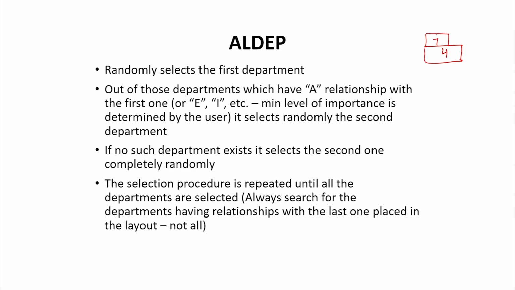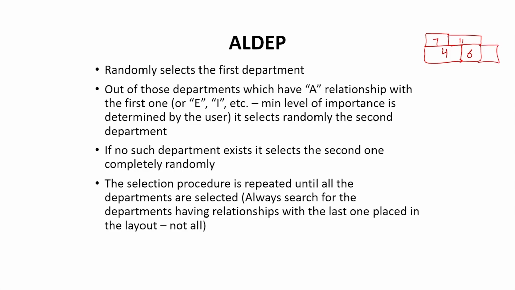And if no such department exists which has an A, I or E relationship, we can select any department at random and put it close to 4. Then we repeat the same step: we find any department having an E or I relationship with 7. Let us say we find department 11 which has a relationship with it, then we find out any department which has a relationship with 11, and then we can put it here, and this is how we keep on constructing the layout